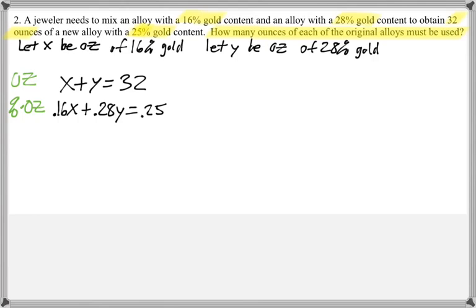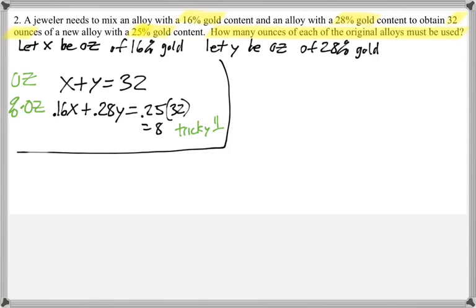Y was the amount. So here, this percentage, I need to multiply by 32, because that's the total amount in the end that we have, where we want the 25% of. So that is going to be equal to 8. Again, that's a very easy step to miss. Okay, so that is our equations. So if I just rewrite that,